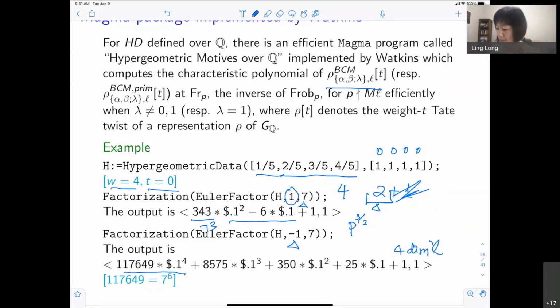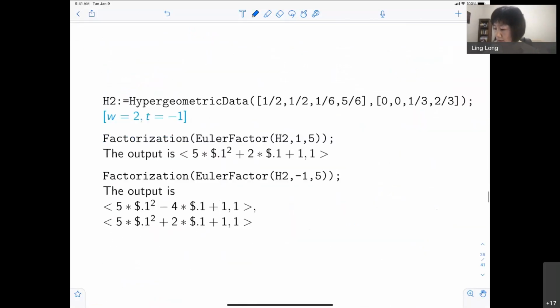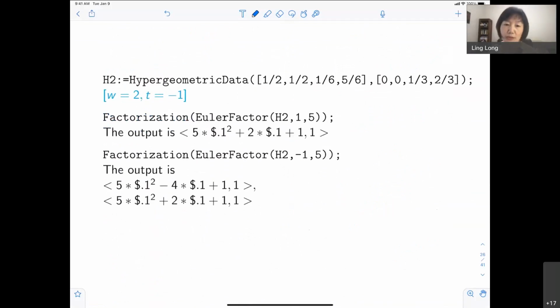Okay. And I'll show you another example where you need the twist, because the absolute value we set up in the Katz and BCM formulation is correlated to the length, which is 4. And then the absolute value on the primitive part is supposed to be (4 minus 1) over 2, which is 3 over 2. In the case when you use 1/2, 1/2, 1/6, which was the second example I showed you, the weight is only 2. That means after you do the adjustment factor, you take away 1,